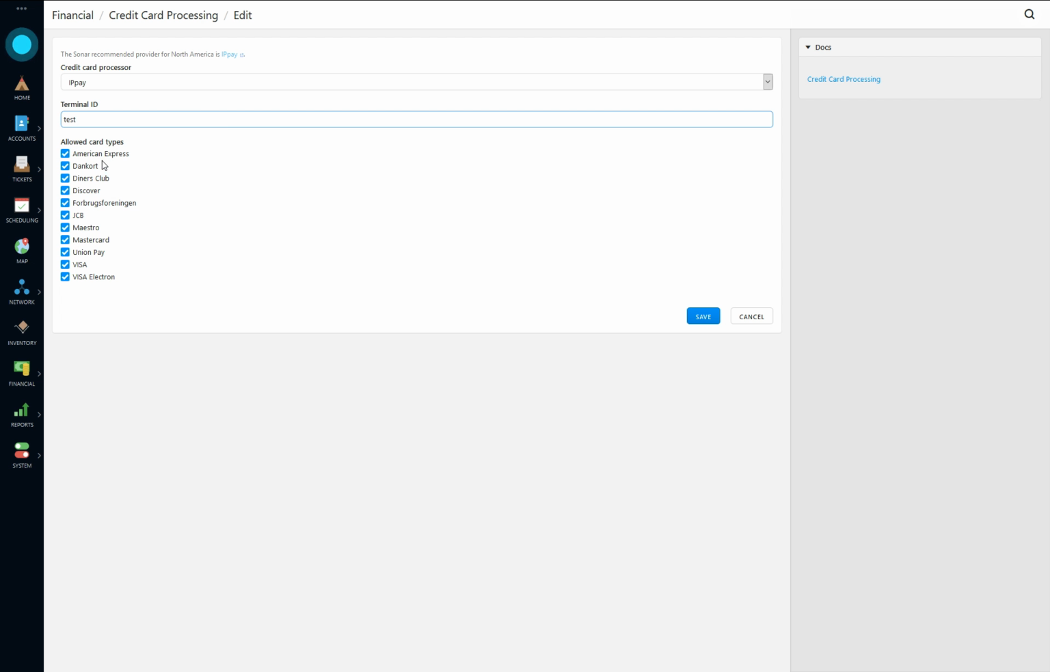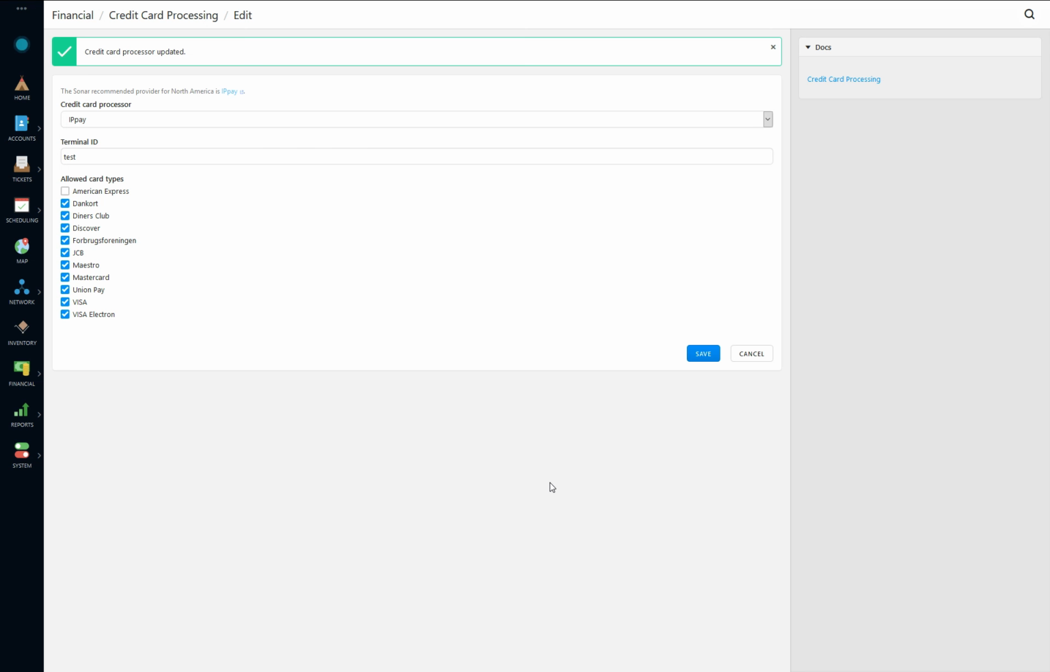Down below here we can pick the type of cards you want to run. Some of these are only relevant for specific countries, so you can either leave them checked or unchecked based on what you want to do. But let's say I don't want to take American Express, I could uncheck that here, and then Sonar will block American Express cards from being added into the system. Okay, so we have IPPay set up as our credit card processor,